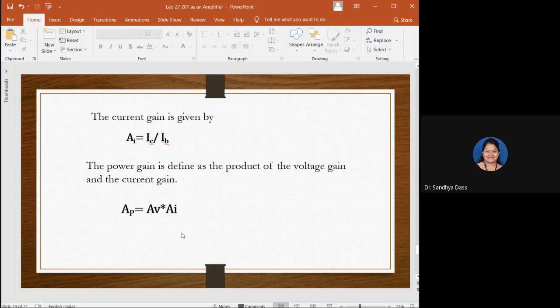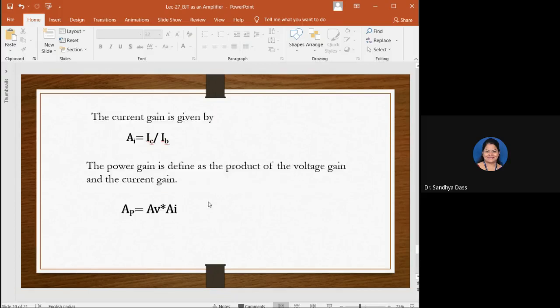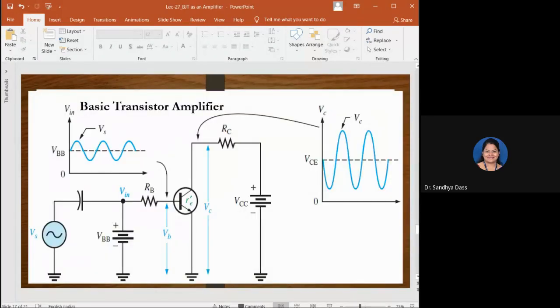Okay, we are running short of time. Otherwise, we would have solved some problems. Any doubt at any point here? Let me know. Or we'll stop here and continue in the next class. Any doubt at any point? Are you all with me? Or have you all left already? We'll have to practice.